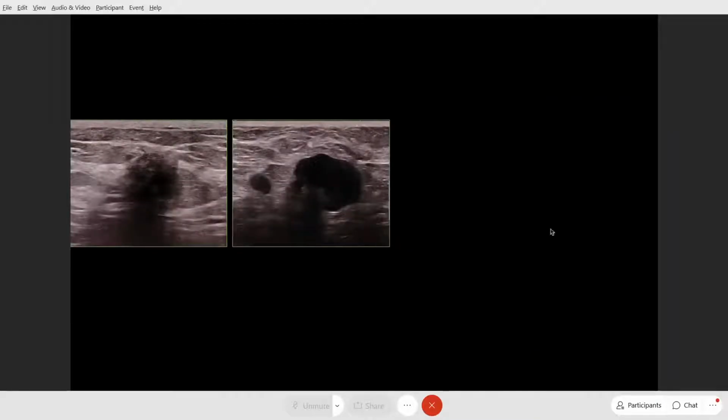Ultrasound, again, we know in dense breast, we are not only assessing the lesion, but we are also going to see whether any additional lesions are there, and what the axillary nodal burden is. If we can see the lesion very well, we can right away also perform the biopsy. So we did. This was an invasive lobular carcinoma. We all know invasive lobular carcinoma is known to be multicentric, multifocal, and also involve the contralateral breast.